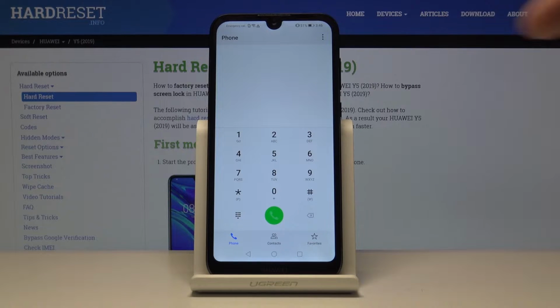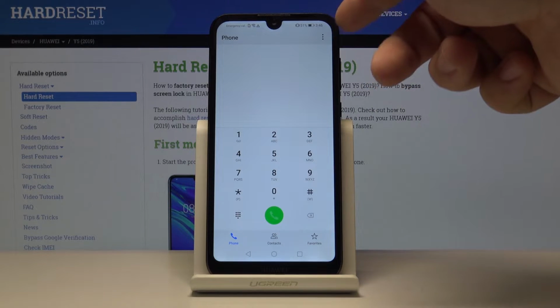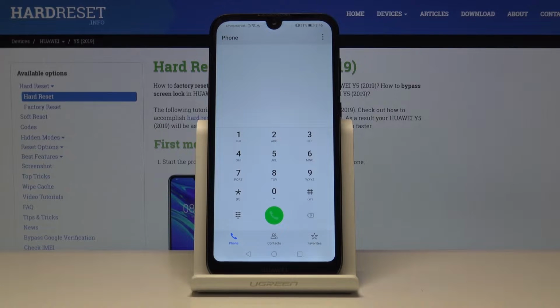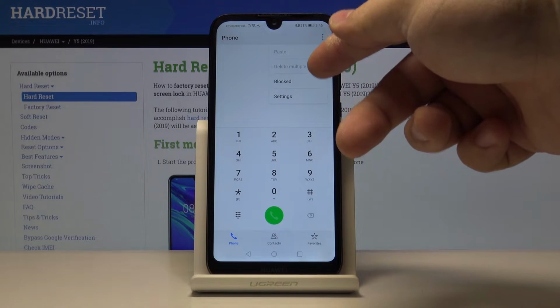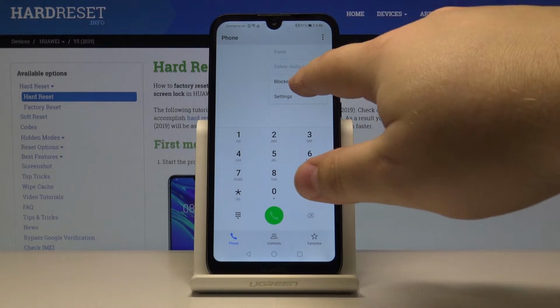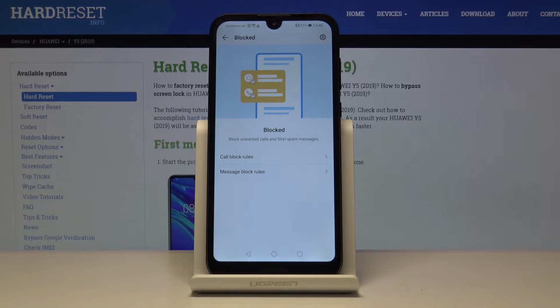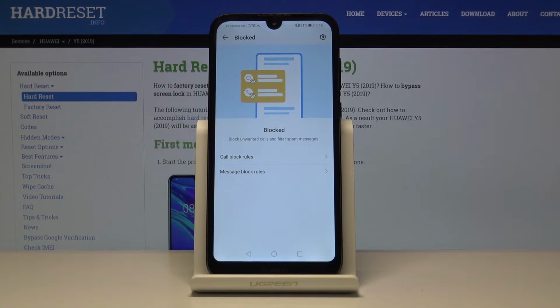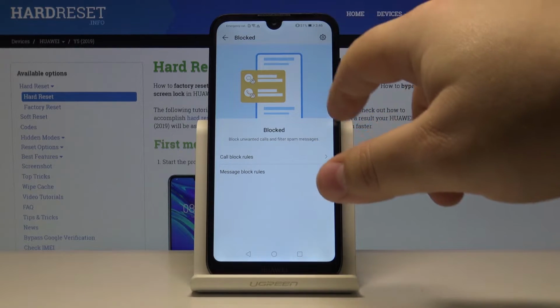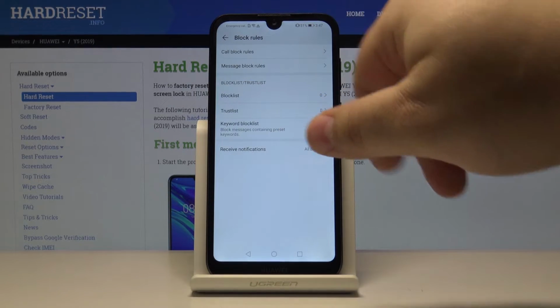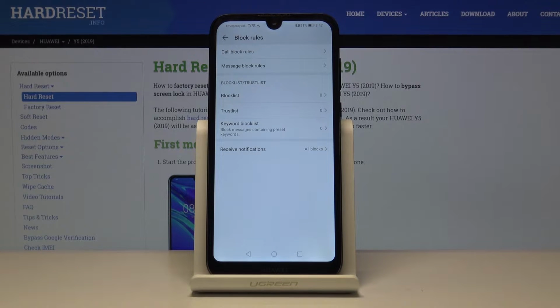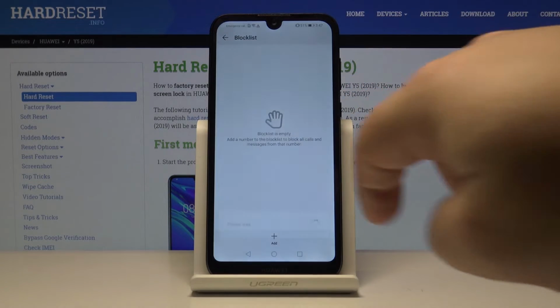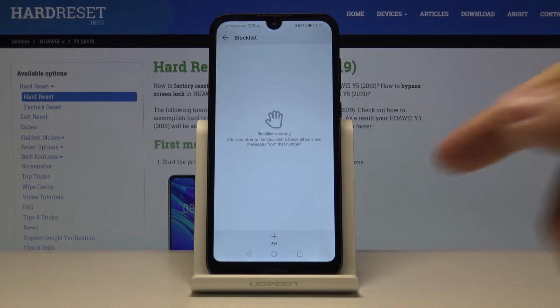Now we need to tap on the More Options button right here in the top right corner, and then select Blocked. Here let's tap Settings icon right here in the top right corner. Now let's select Blacklist, and here we can tap Add,